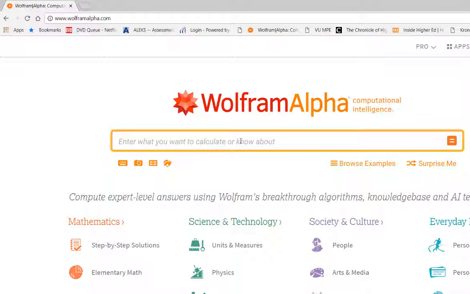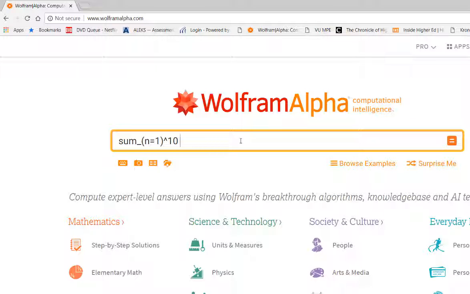In Wolfram Alpha, asking for a summation is relatively simple. Wolfram Alpha is good for understanding what you type in if you type it in a sensible way. So the first thing we're going to look at is a series of terms 1 over n cubed, and we're going to be asked what is the 10th partial sum. In other words, what do we get when we add up the first 10 terms in the series of 1 over n cubed? And so rather than doing a term-by-term calculation and addition, I'm just going to ask Wolfram Alpha